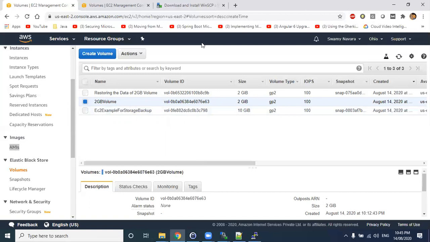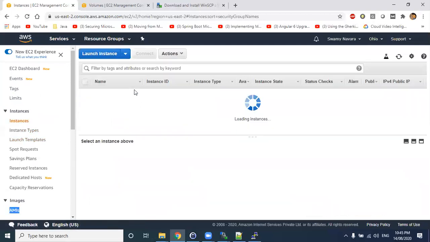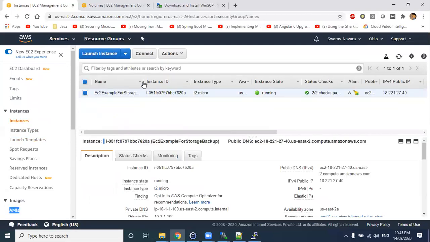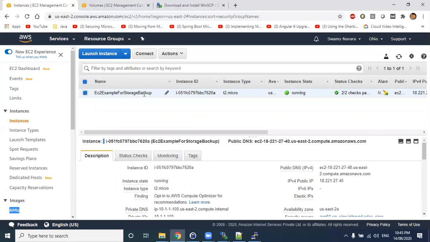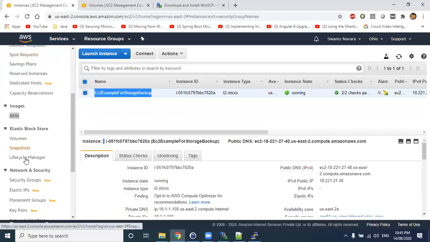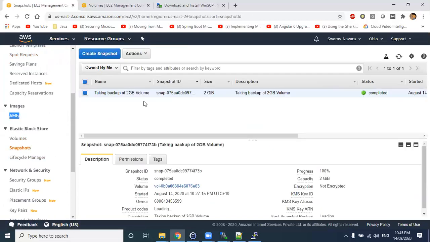Okay. So if no questions, let's move on to how to restore the machine. For example, we have an instance here which is running. If you want to take a backup of this complete instance, there are two ways to do this. So your instance will have a snapshot created by default when it is